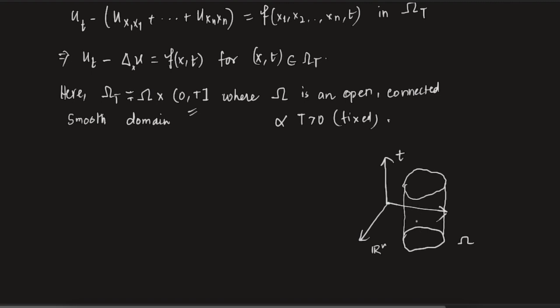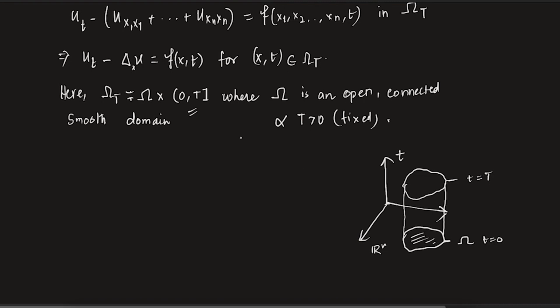Let's understand what omega t is. So omega t contains omega. So what is omega? Here I drew it like this, but omega is whatever is inside, right? It does not contain the boundary. Okay. So omega cross (0,t]. Where is t equals 0? In Rn, on the base, here t equals 0, right? So basically this is t equals 0. And what is t here? t equals t. So essentially 0 to t is this.